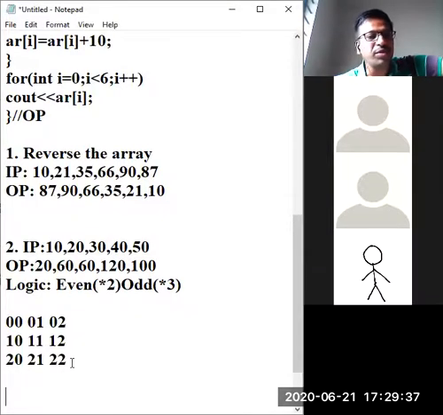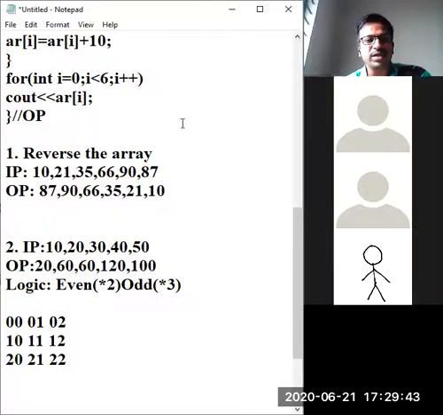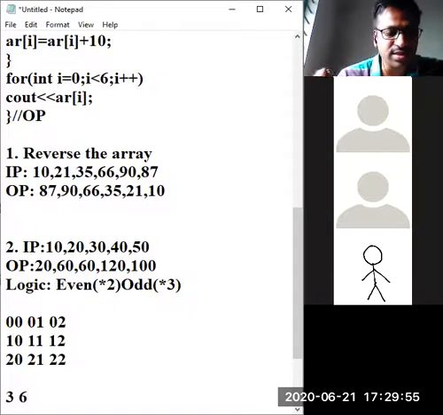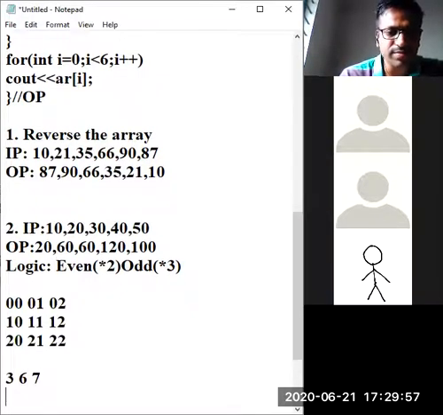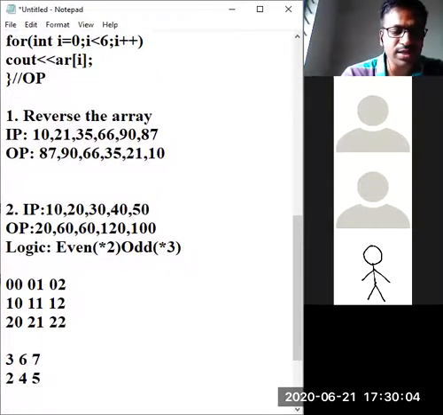For example, I will give one matrix with single digit numbers for ease: 3, 6, 7, 2, 4, 5, 8, 9, 1.